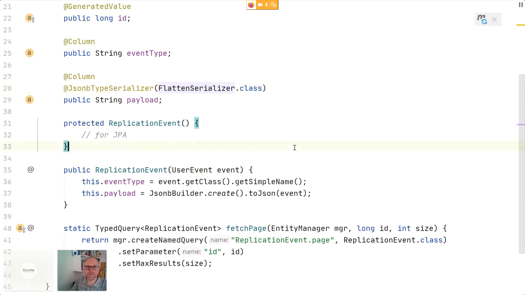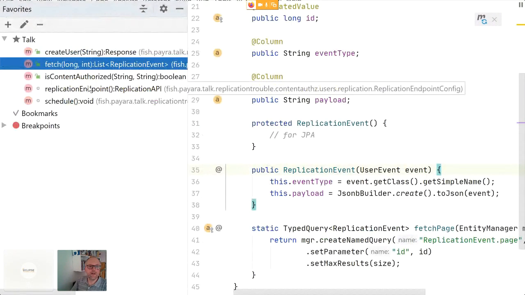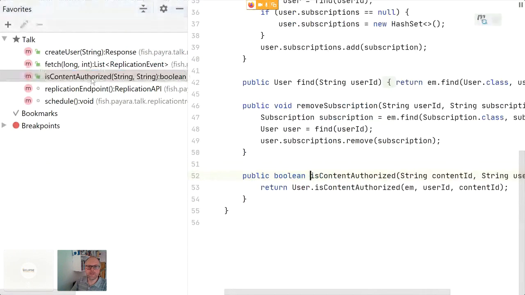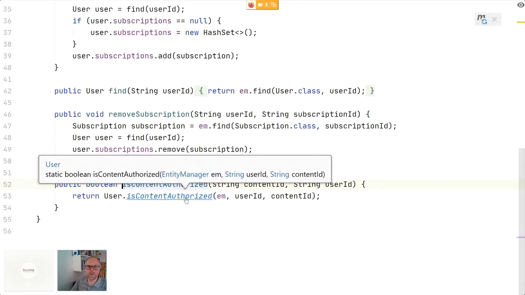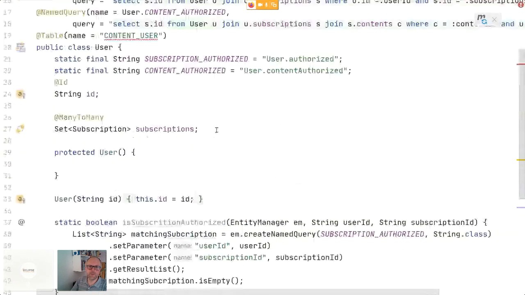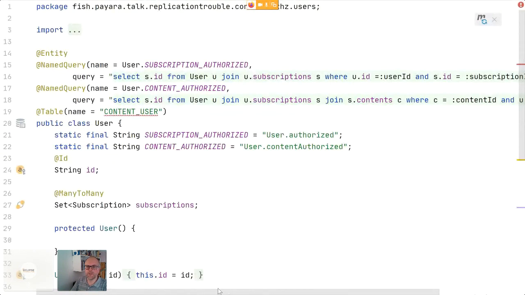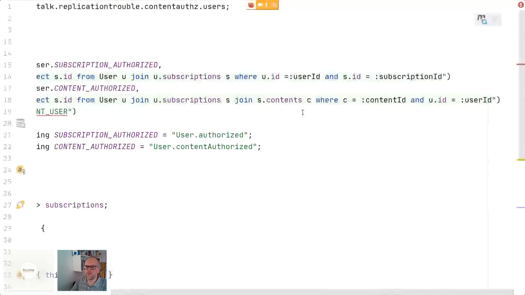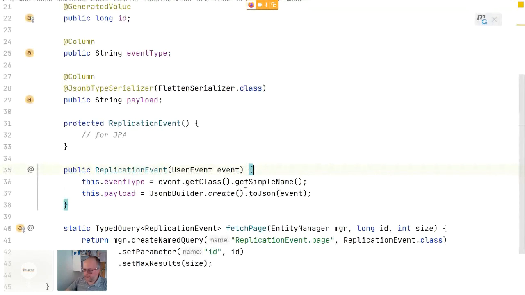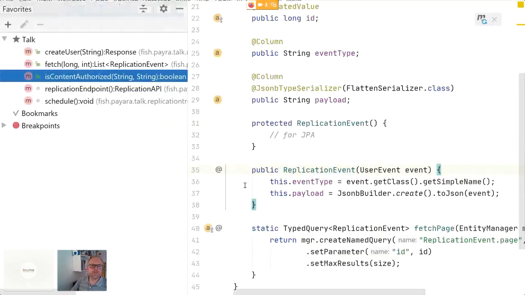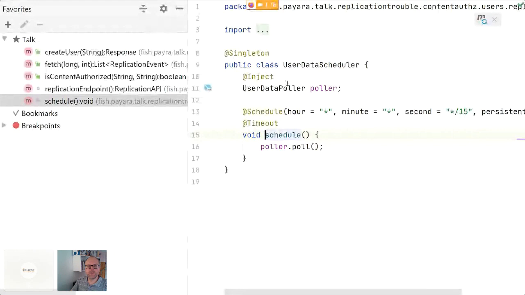What's happening on the side of the content delivery? How does it get its events, how does it get the answer? The answer is simple, because it's again a named query where we are joining from user to the subscriptions to the contents, where we are looking for whether the content belongs to a subscription that user has. So that part is easy. However, how do we get the data? This is handled by